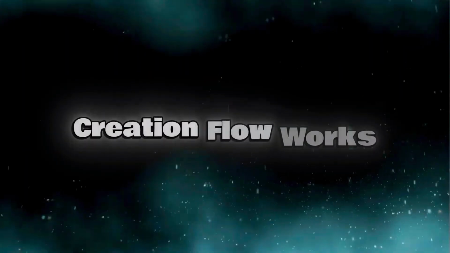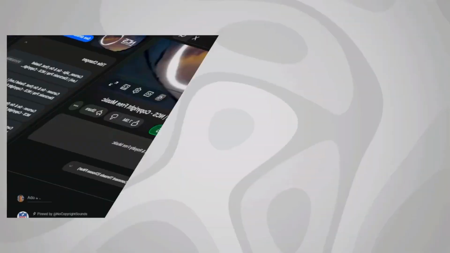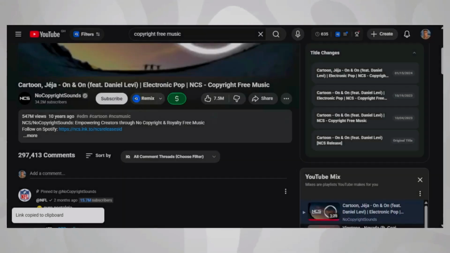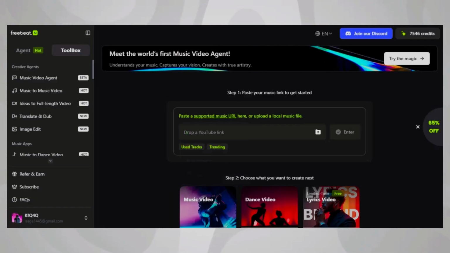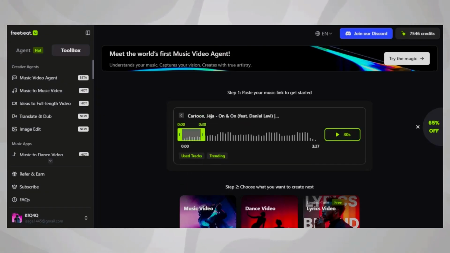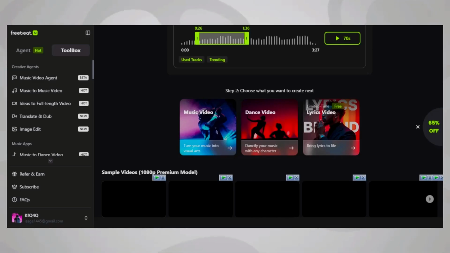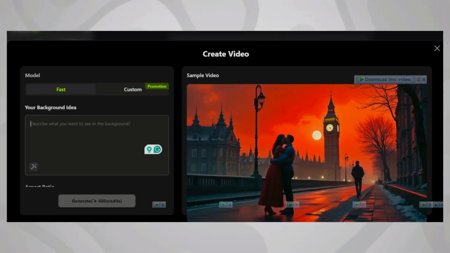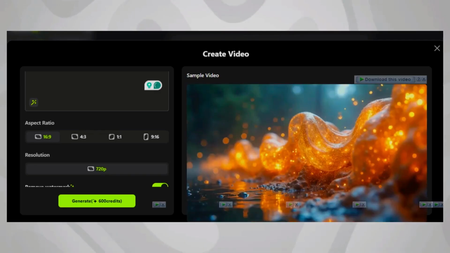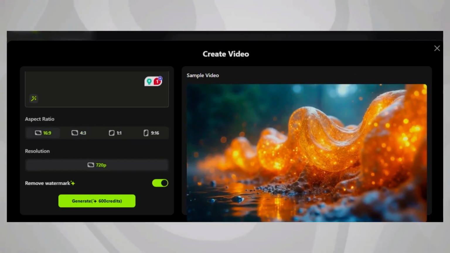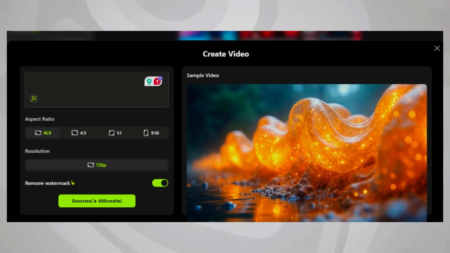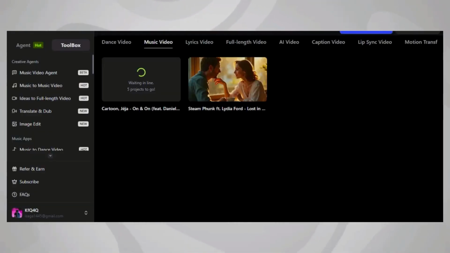Here's how the creation flow works inside Freebeat. Let's start with the music-to-music video feature. First, you upload your song or paste a link. For my example, I'll grab one of the copyright-free tracks from YouTube and paste the link in. I'll extend the length a little, choose music video, and then type a simple prompt like create a dreamy, slow-motion cinematic scene. From there, you can set your aspect ratio, adjust the resolution, and once everything looks good, just hit